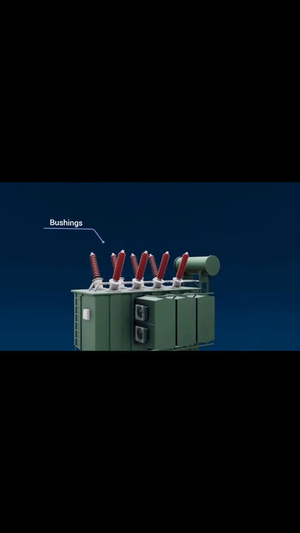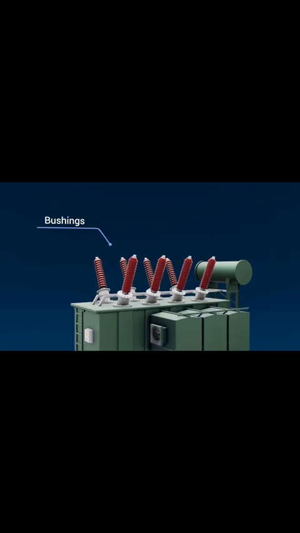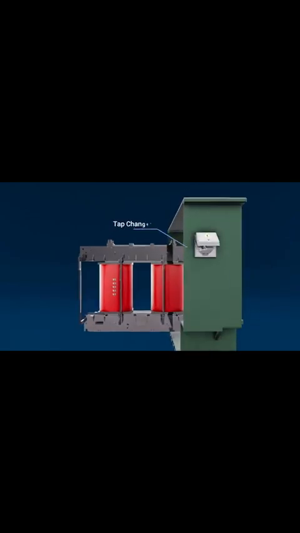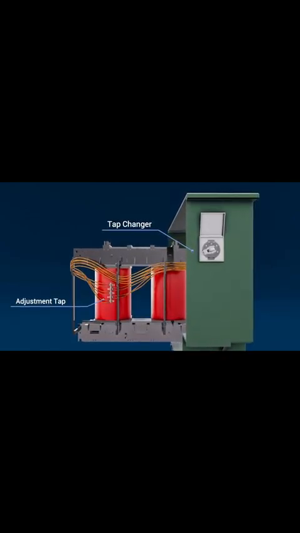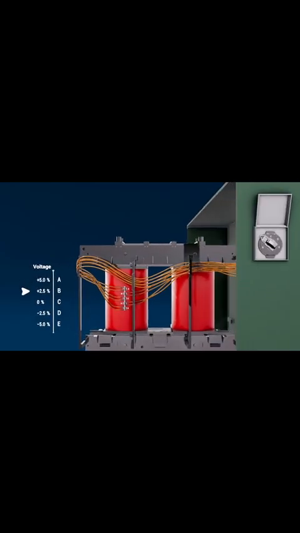Mounted on the exterior are bushings, solid insulating sleeves that allow high voltage connections to safely pass through the grounded transformer tank without electrical discharge. For transformers that need flexibility, especially in power grids, tap changers are built into the winding design. These devices let operators adjust the effective number of turns on the coil, fine-tuning output voltage to balance supply and